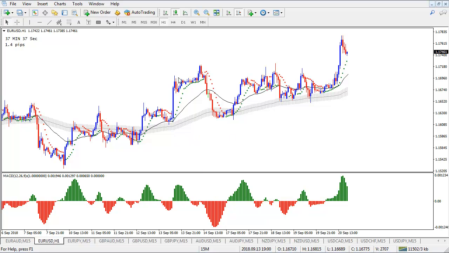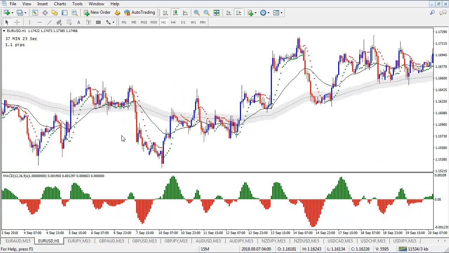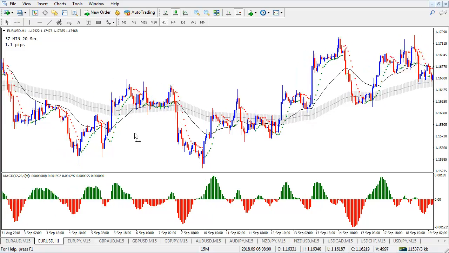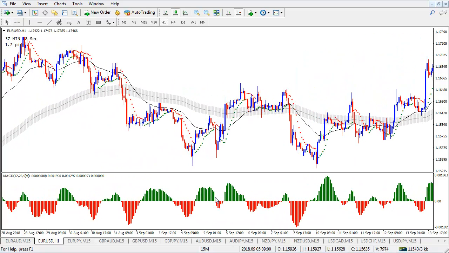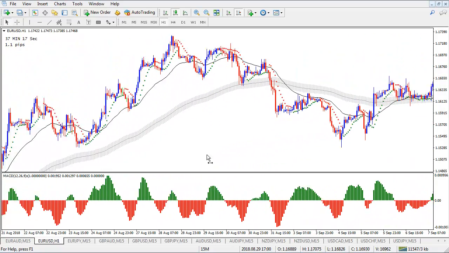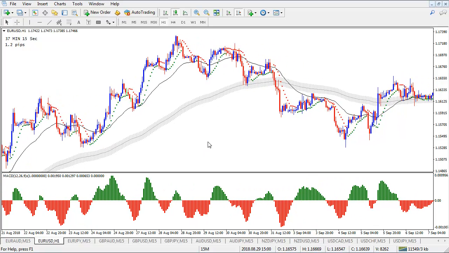So we can see the market moving, but the MACD sees it purely as numbers. And when it sees it as numbers, it can see weakness where maybe we can't see the weakness. It can see strength where maybe we can't see the strength. So we are going to start using this MACD to give us maybe an insight into what the market is